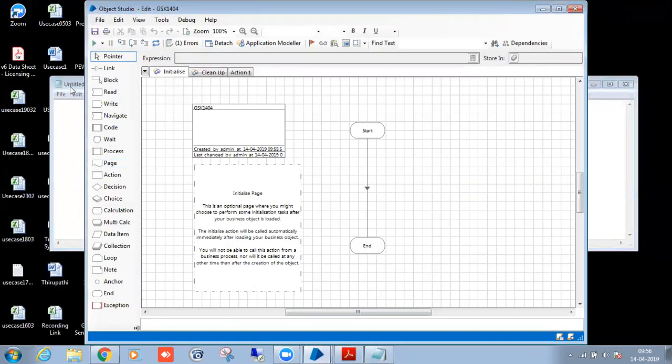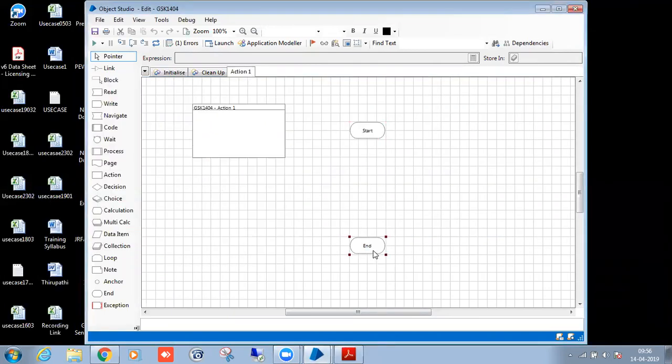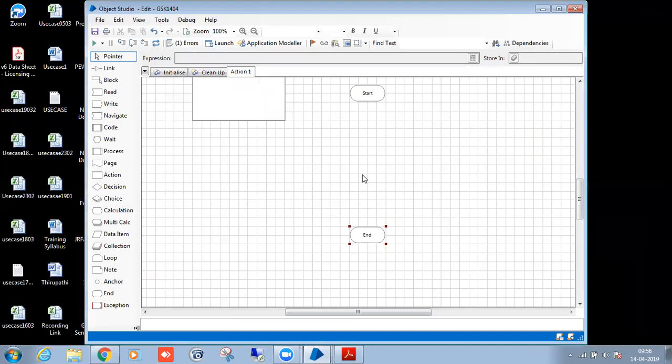So now I will execute the logic. First I will implement everything in a single page, and after that I will divide the page according to best practices.